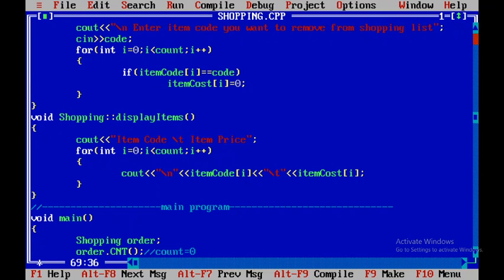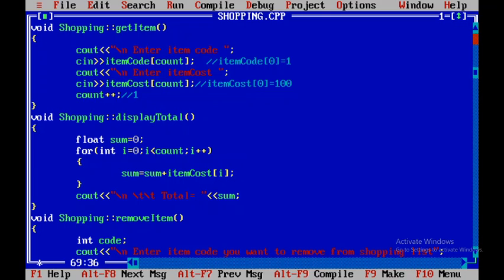So here we are going to insert atom code of 1, that is, suppose I am giving the value as 2, and atom cost of 1, my second element of the array, I had given it as 200, and count is increased by 1, now it is 2.